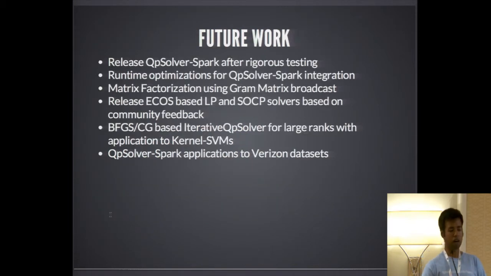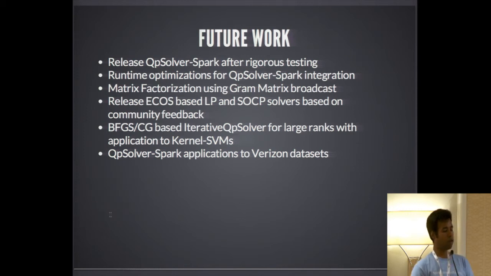Now, for future work, we want to put this inside Spark. There has to be a lot of testing done since a lot of new options will come in with this change. Also, we have to look into the runtime optimizations that I showed. Our main goal is that we should not be much slower than the baseline least square. Of course, we are solving much more complicated problems, but still, we want to optimize as much as we can.